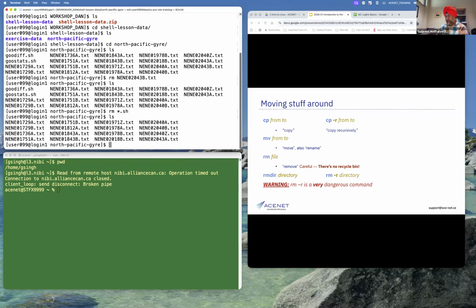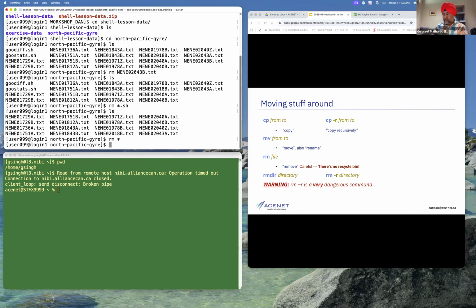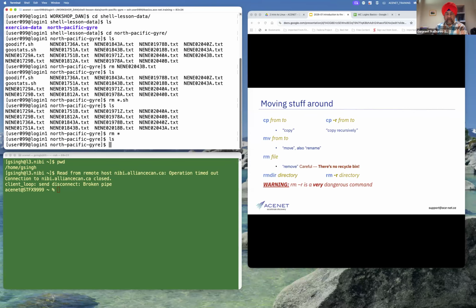Likewise, you can imagine if I type rm star, what will this do? This will basically delete everything in this particular directory. Let me press it. ls, everything is gone. Got it? So rm star, the wildcard, should be used even more carefully.